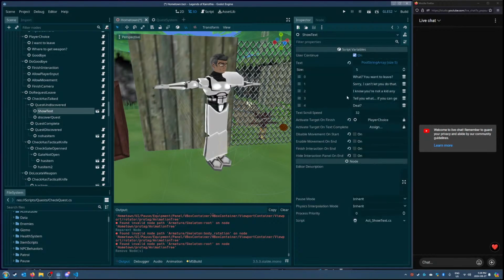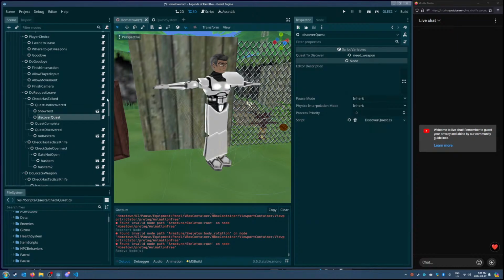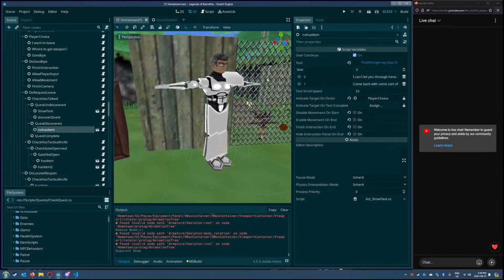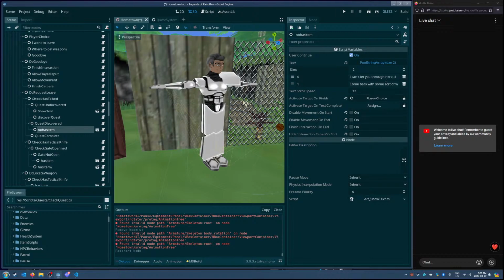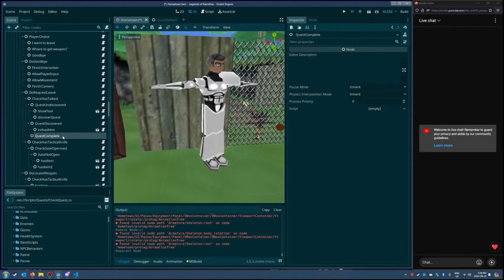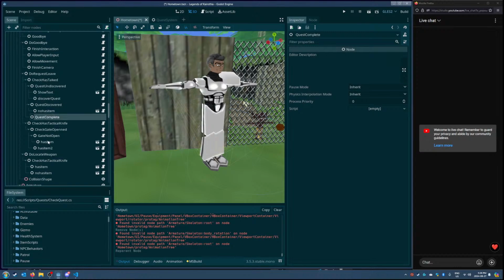Show the text for the quest has been discovered and discover the quest. If the quest has been discovered, remind the player of the quest. If the quest is complete,